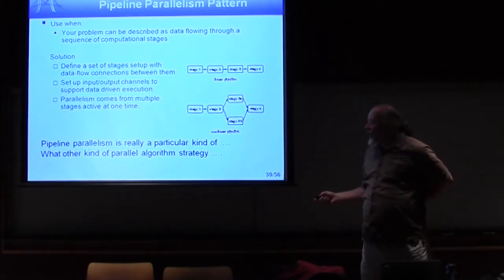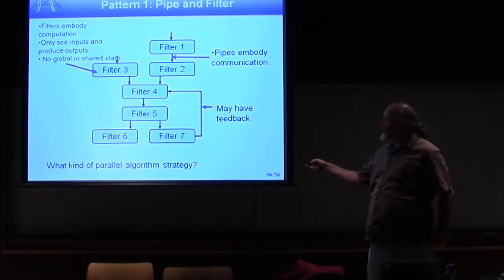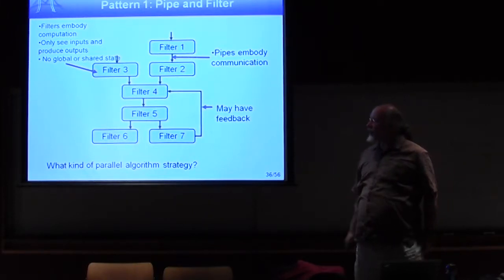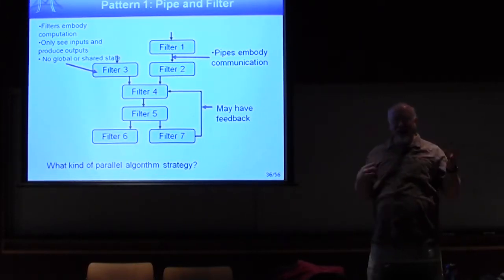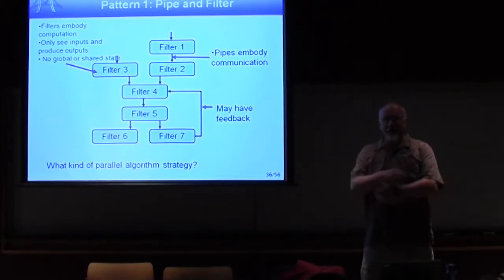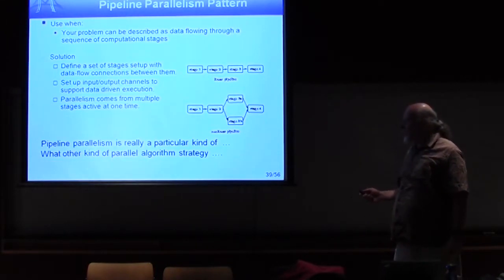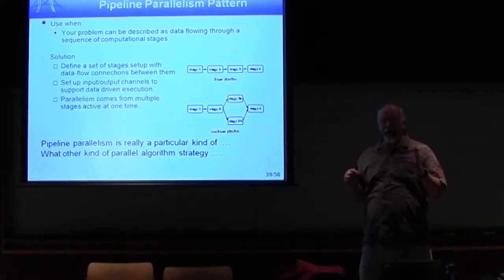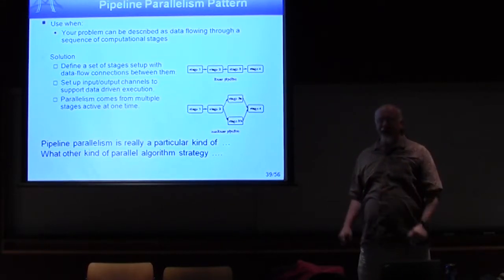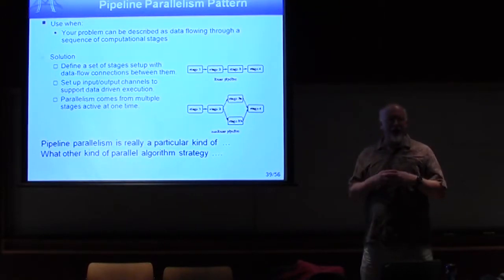Well, what is true is they only see their inputs and produce outputs, and there's no global or shared state. So in some sense, there has to be parallel data in there somewhere. So in that regard, I can understand what you mean, and I reflected on that as well. But in another sense, as we start to develop our aesthetic for types of parallelism, I think we'll see this is really very related to another kind of parallelism strategy, which is,